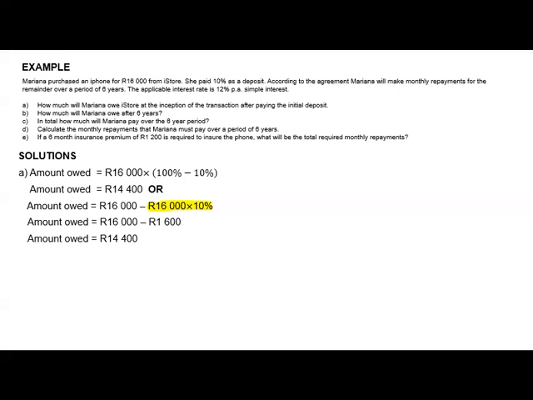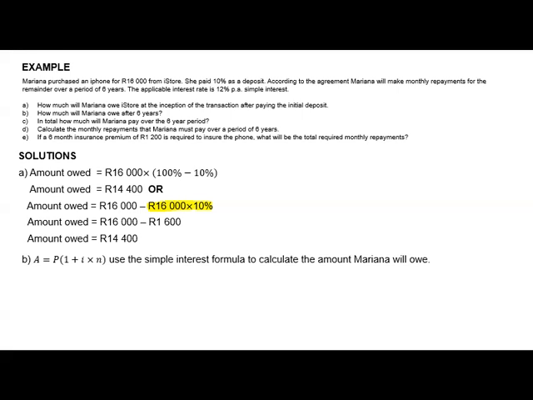B asked us, how much will Mariana owe after 6 years? That's where they're asking us the amount that Mariana will owe if no payment is made. In this case, we just have to determine how much Mariana will owe after 6 years. Know that whatever Mariana is owing us right now will attract interest for the agreement period. The agreement period is 6 years. And for us to determine the accumulated amount, including interest, we have to use this formula,